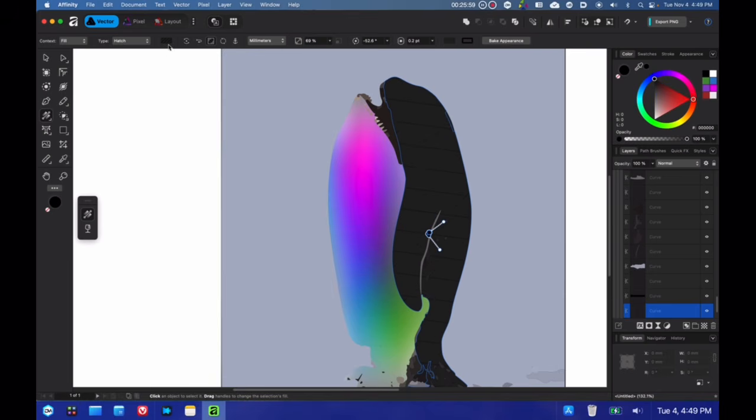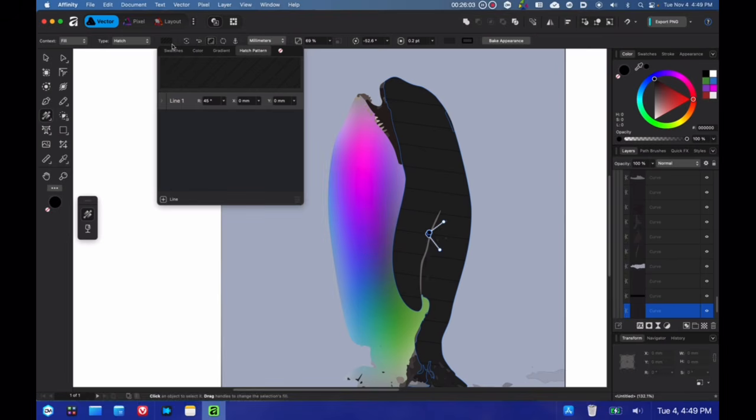So if I click here, this box, you can create multiple lines, I see, but I'm not sure how this works, and it doesn't look like there are any articles yet on how this gradient hatch works. So if you know, please let me know, because I'm interested to learn.